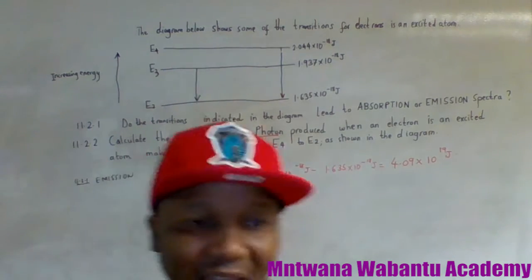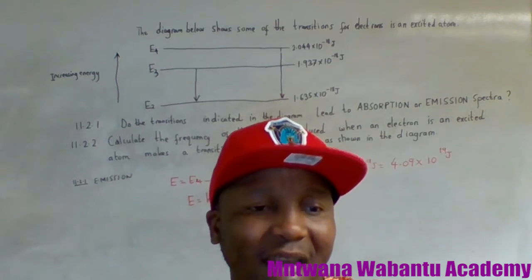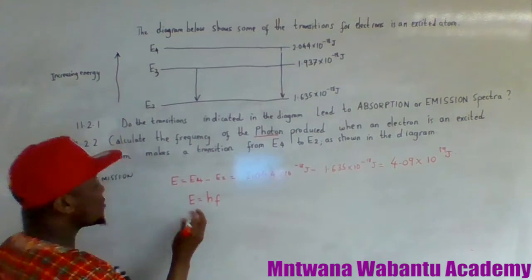Energy equal to hf, where h is the Planck's constant. So we're going to plug in everything we have. Now the energy emitted is going to be equal to